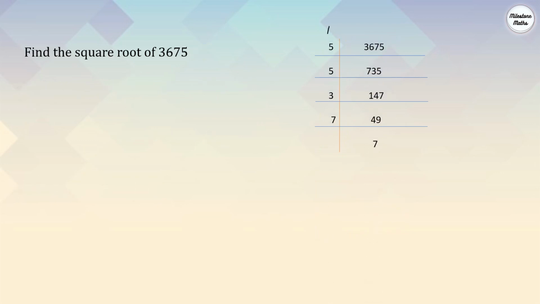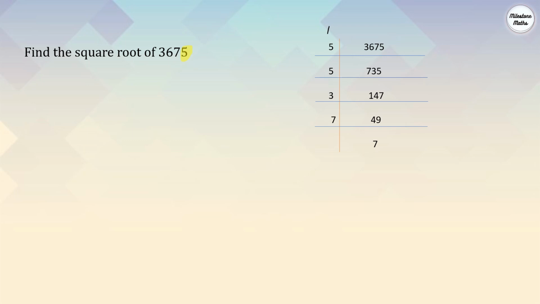Now let's see the square root of 3,675. While looking at the ones place digit, there is a possibility it may be a perfect square number, but let's find out. If you divide it by the prime numbers, since the ones place of this number is 5, we will divide it by 5 first. You keep on dividing until you get a prime number in the last. So here we are dividing, and in the last we are getting a prime number.